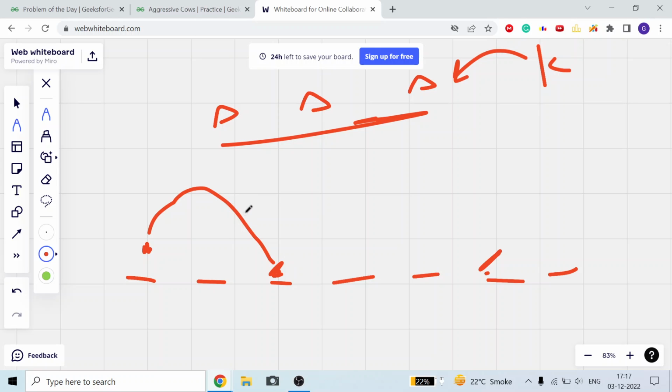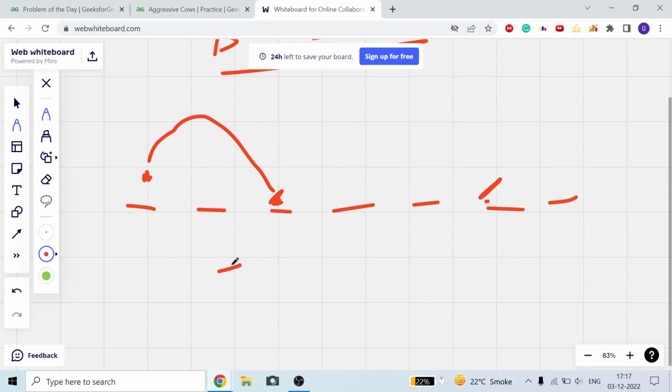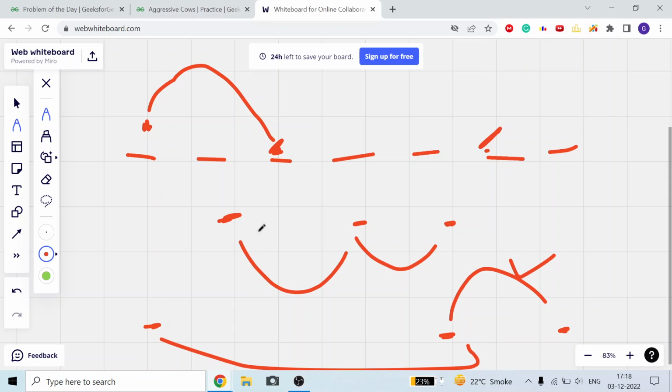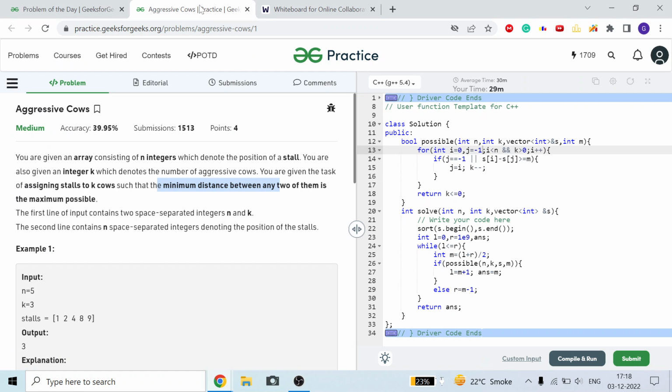What does maximum mean? We have many arrangements. Suppose we put a cow here, then a cow here, then a cow here. Here the distance will be this and this. We can have many more arrangements, suppose this. So in all the arrangements, the minimum distance will be different. Here this is the minimum, here this is the minimum. So among all the possible configurations, we have to find the minimum distance, and that minimum should be maximum. We will choose this according to our configuration of cows.